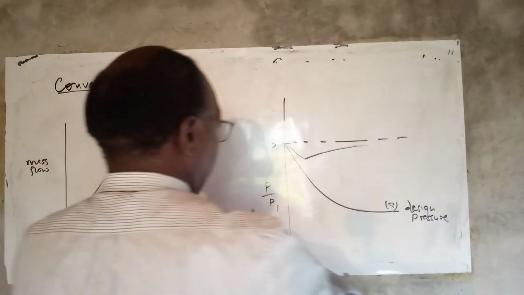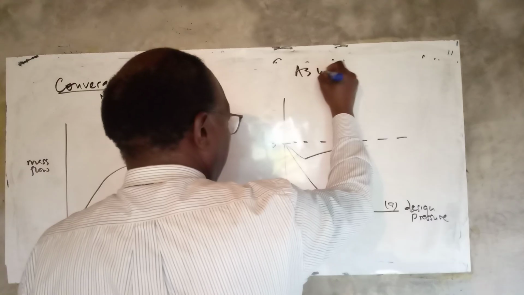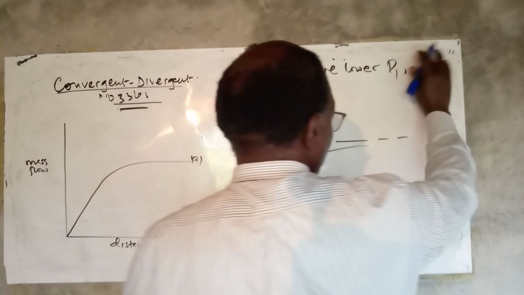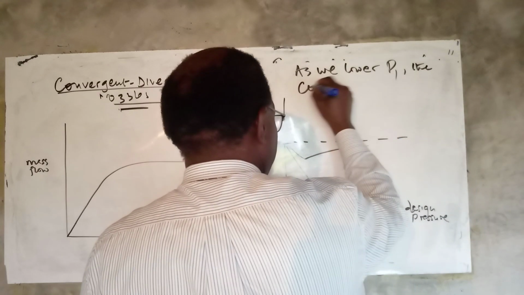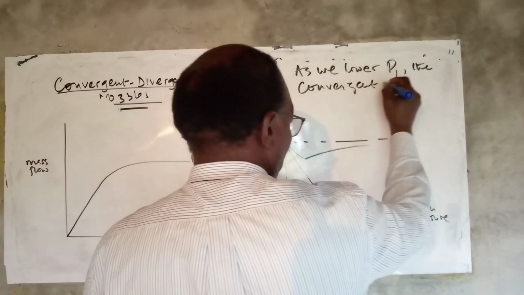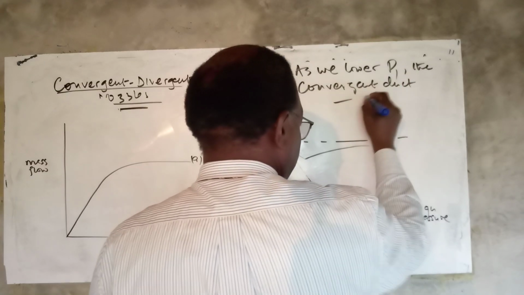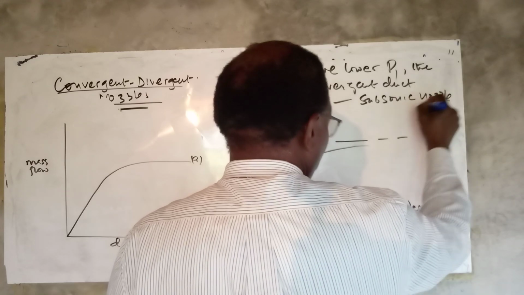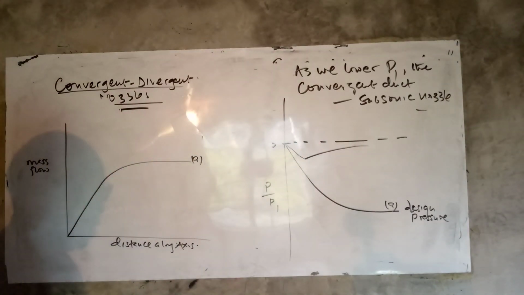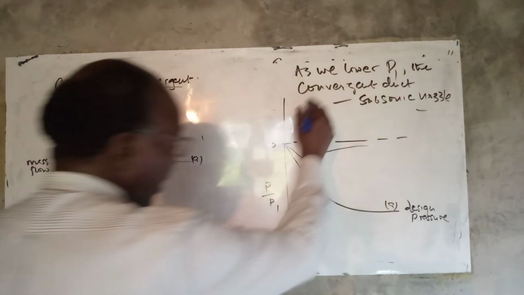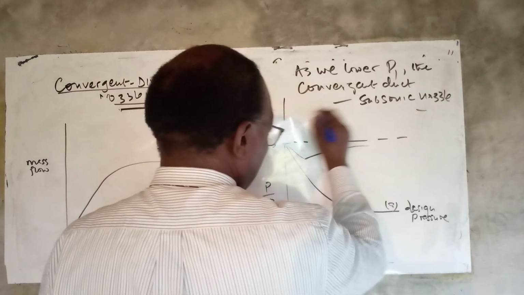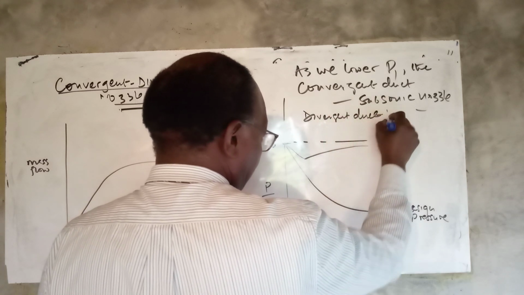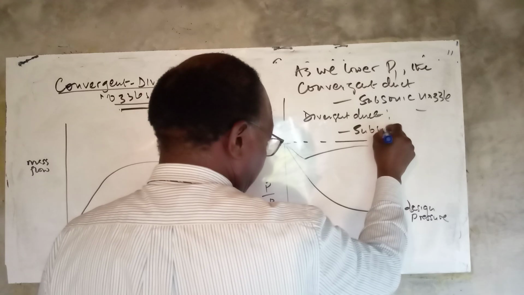So let's say as we lower P1, the convergent duct will act as a subsonic nozzle, while the divergent duct will act as a subsonic